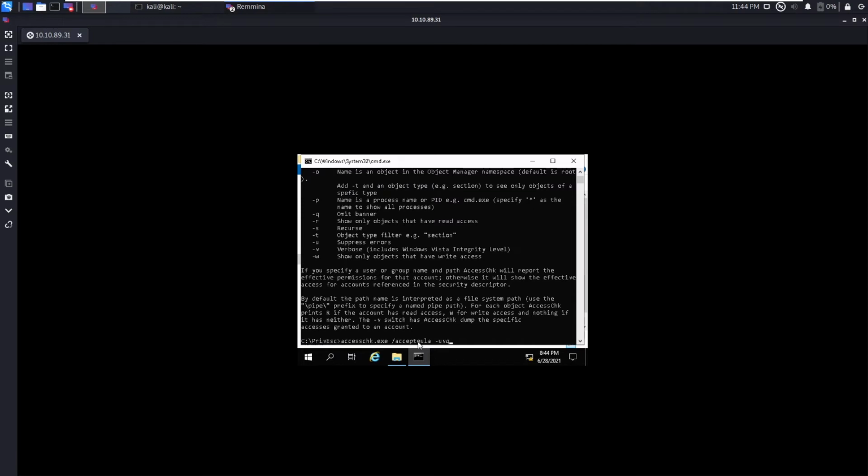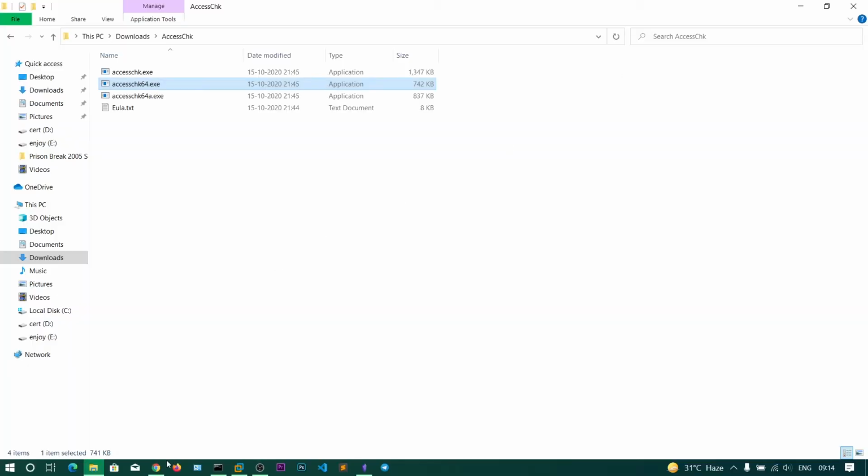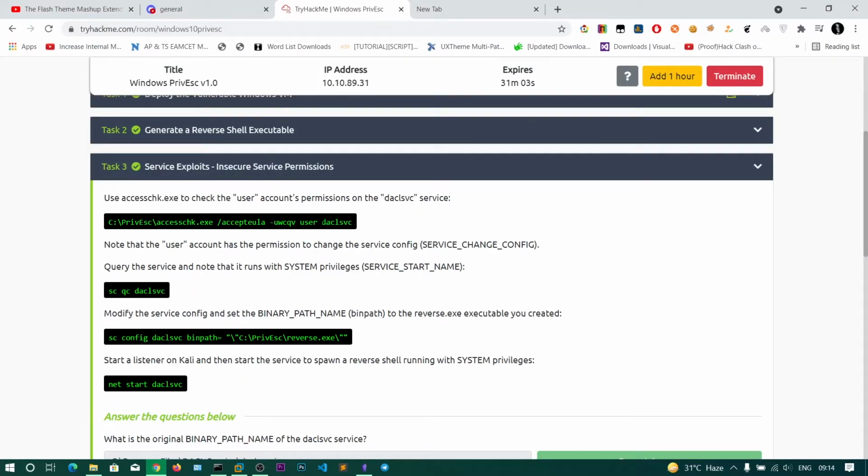After these three switches we need to provide the W, because we need to find the writable services. In TryHackMe they have already specified that this DACL service, the discretionary access control list, is being run as a system user.